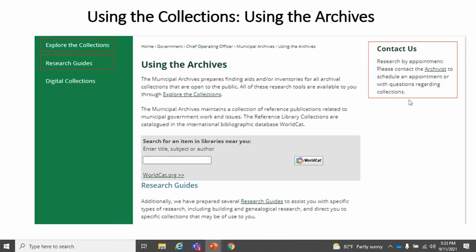Again, right here, it's not subtle. Contact us. Research is by appointment. You can email us here. If you were to scroll down, you would get some permission forms, a guide to our rules and regulations, things like that. But for the purposes of this program, we're going to focus on this